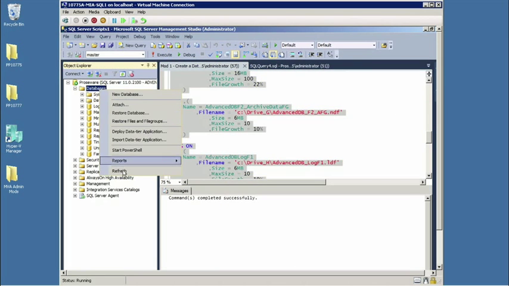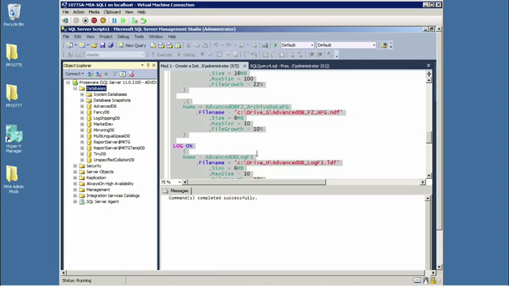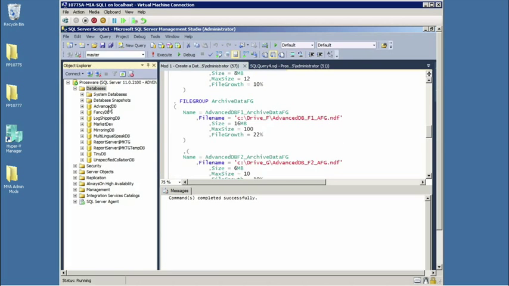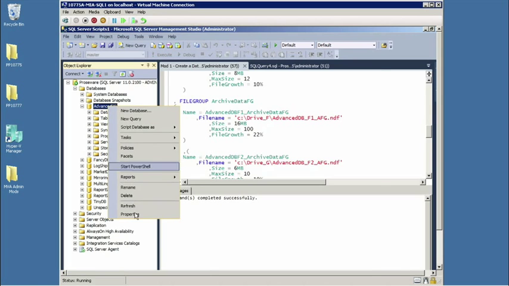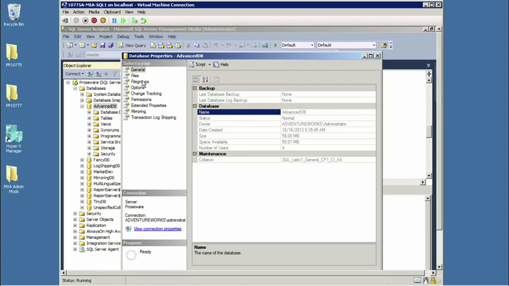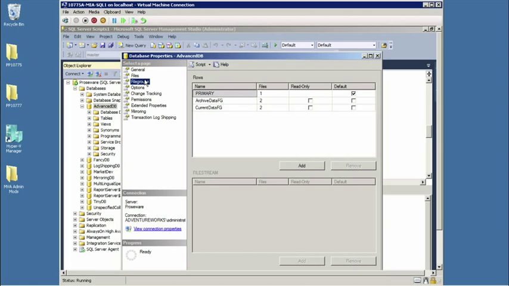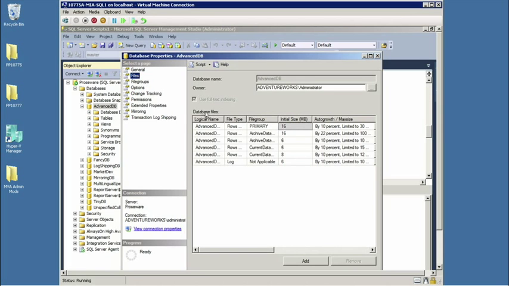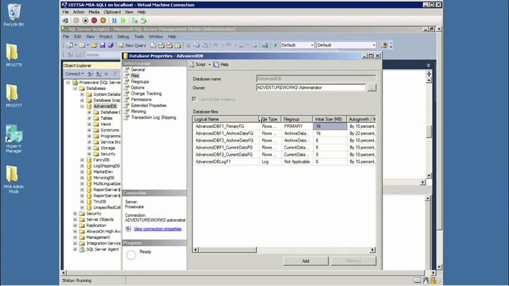And refreshing, there is now my advanced design database. And if I go to properties, we'll go to file groups. Notice multiple file groups. If I go to files, all beautiful naming conventions. At least naming conventions.